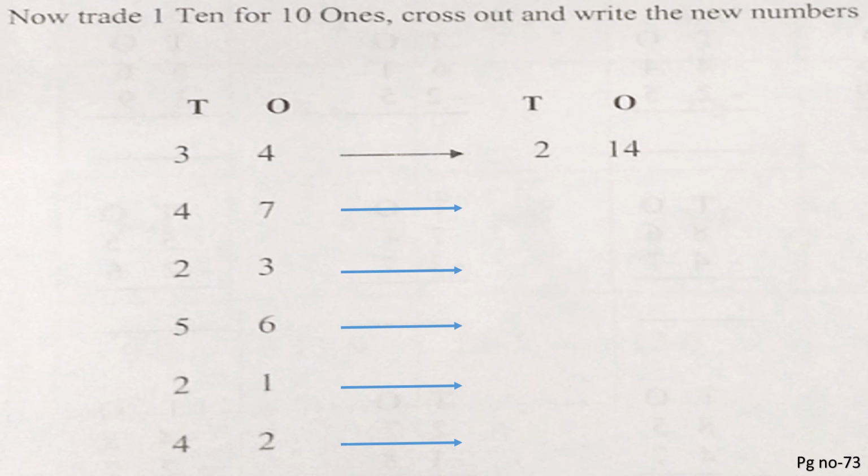Here the number is 47. So we need to strike the number in, yes, correct, tens place, and we need to carry 10, isn't it? When we strike the number 4 in tens place, what is the new number we get, children? Because we are carrying 10. Yes, we are going to get number 3. Very good. And which is the new number which we are going to get in ones place? Because we are going to add 10 to 7. Correct, it is 17. Very good. Let's try the rest of the numbers given in the exercise. We'll go to the next one.